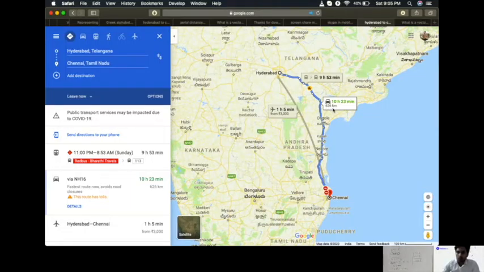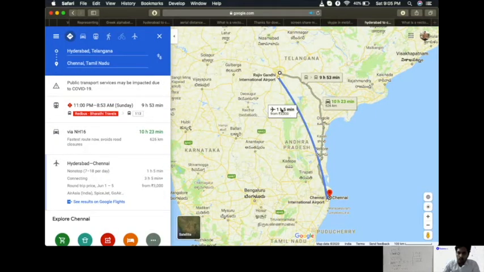I'm going to show you now the flight route. You see this flight route? The flight route is more or less just the straight line path between these 2 points. So it can be called a directional vector, right? And the distance between Hyderabad and Chennai, for the flight journey, is going to be the shortest distance. Such quantities, when I say shortest distance, I'm going to indicate by a particular vectorial notation. Why? Because it's going to be a straight line, and it has got a starting point, which is Hyderabad, and an end point, which is Chennai.